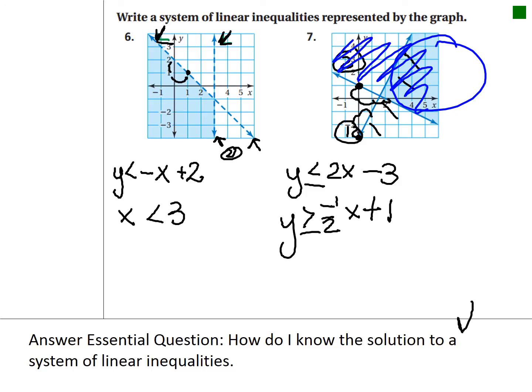Go through and answer your essential question now. How do I know the solution to a system of linear inequalities? I should have put solutions because there's more than one solution. They cross each other at more than one ordered pair. Go ahead and answer, how do I know the solutions to a system of linear inequalities? And take the checkpoint